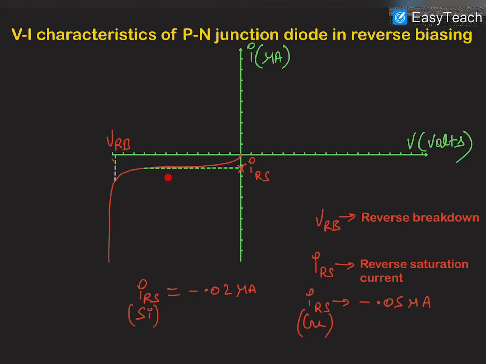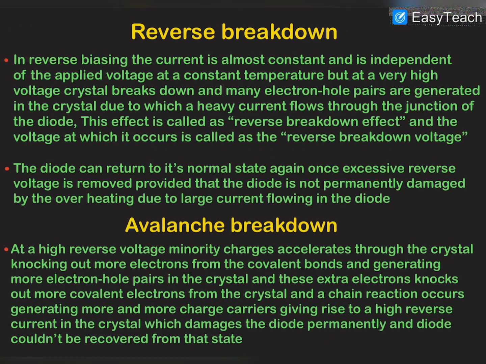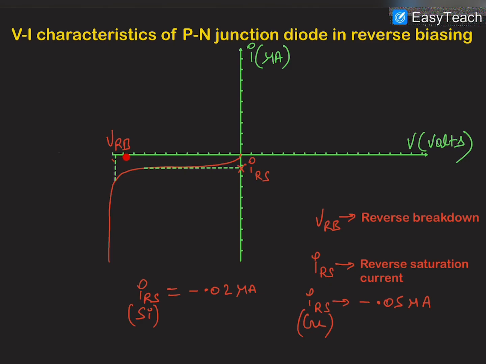But a time comes when the voltage is so high that more and more electrons and holes are created in the diode, and the diode crystal will break down. This is called reverse breakdown, and after it a high current flows through the diode. If this current does not damage the diode, we can recover the diode to its original state by decreasing the voltage. But if the diode is permanently damaged due to Joule's heating, we cannot recover it